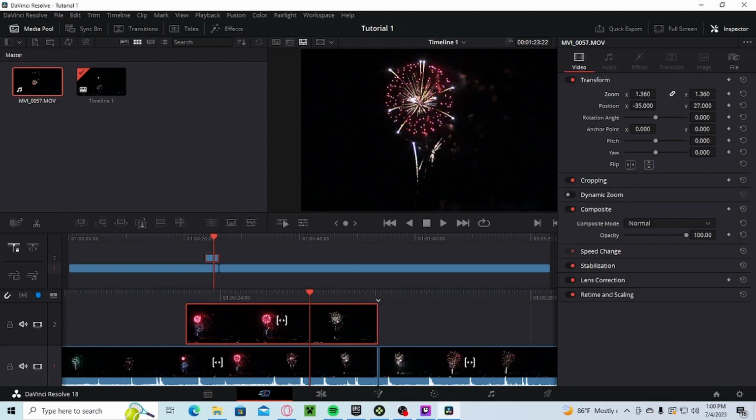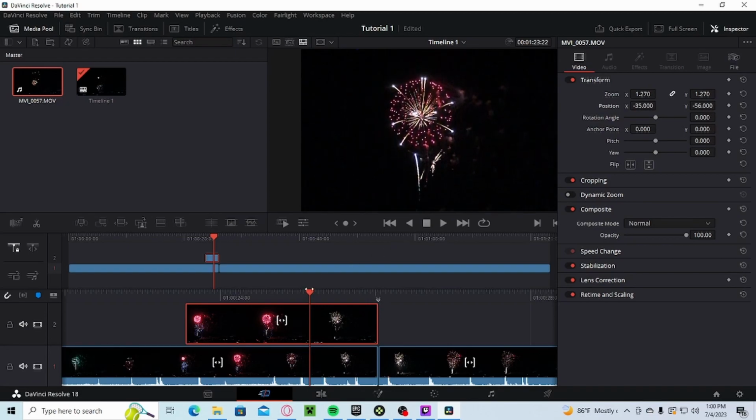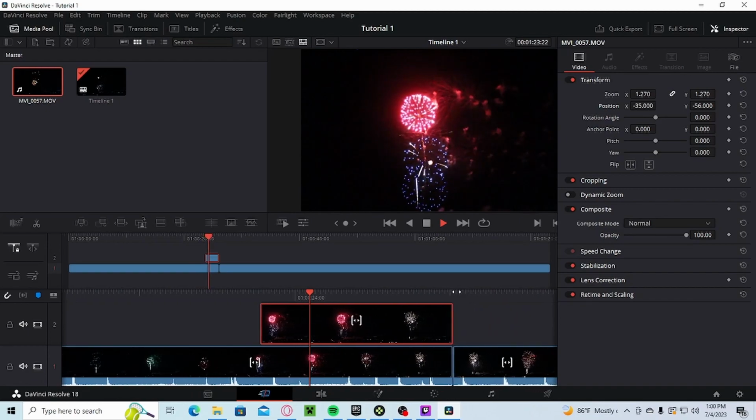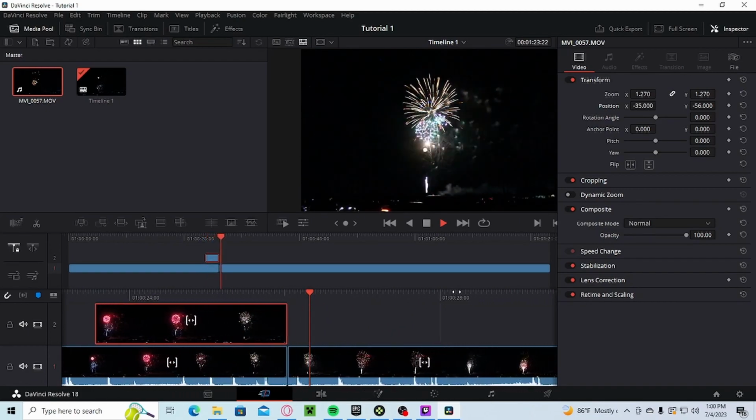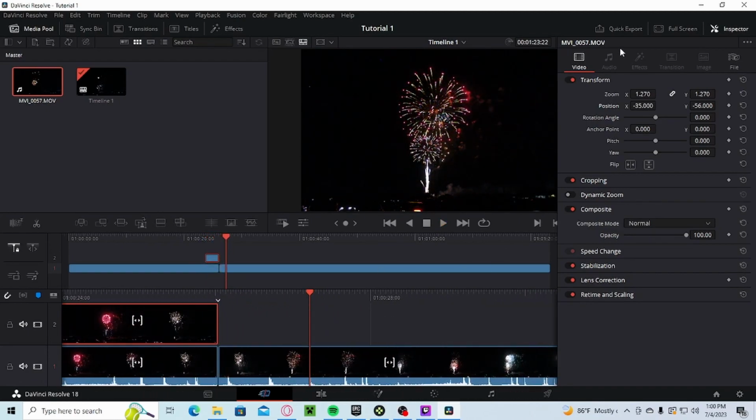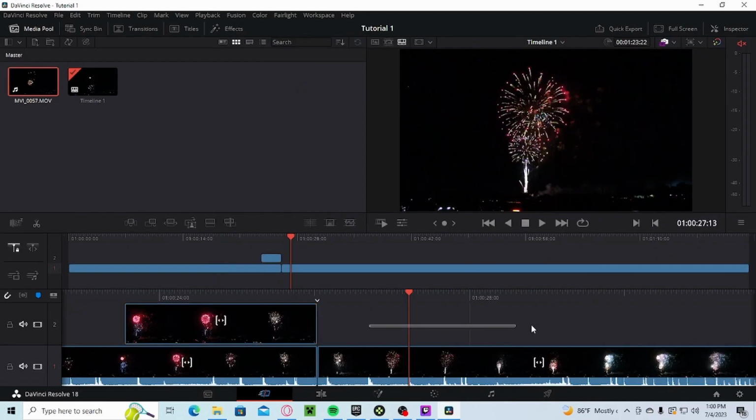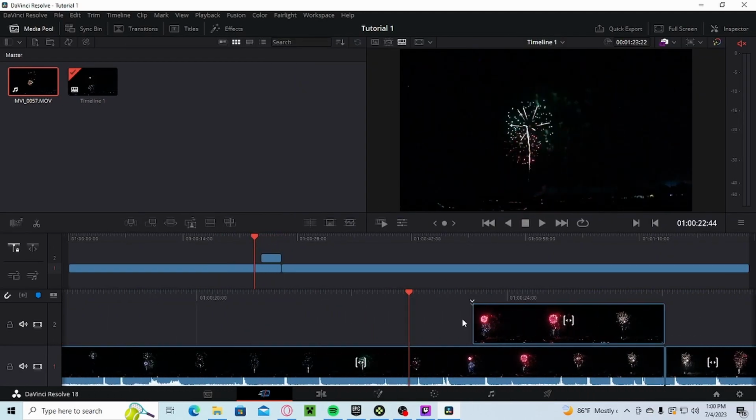Alright, so we're going to zoom in a bit. We're going to change the Y so that it's nice and contained in like that. So see, boom, boom, boom, and then it zooms back out to that. Alright, so then what we're going to do, exit the inspector. We're going to drag this over here,